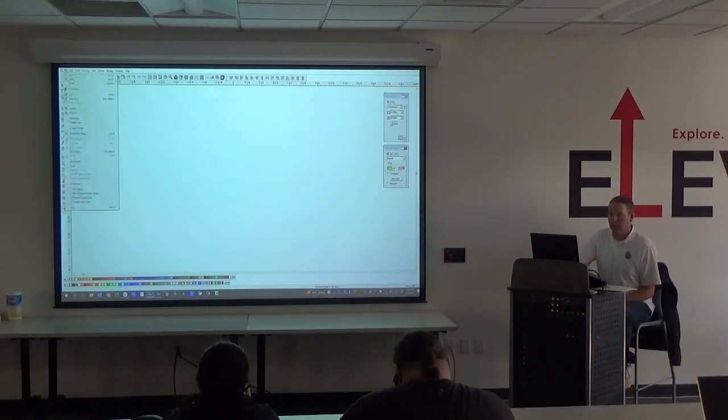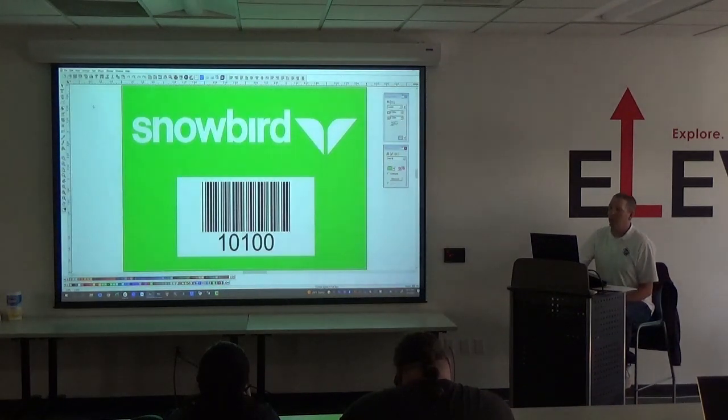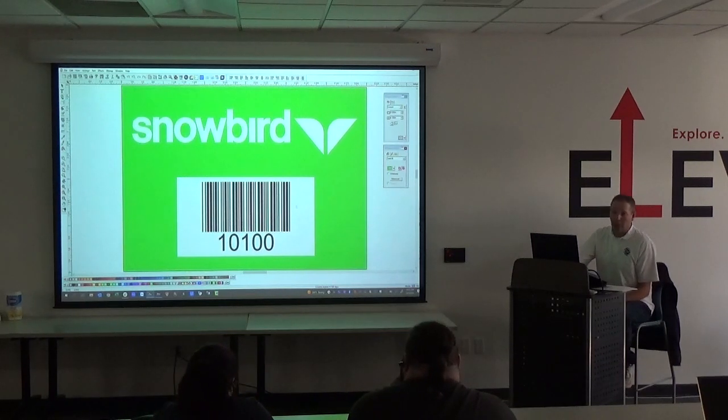So I'm going to open up a file here. Auto serialization. So this is a more realistic application. Somebody comes to you and Snowbird wants to put these tags all over up at the resort for inventory, and they need thousands of these. So what you do is you create the basic sticker here. We did the QR code, and when I did it, I've gone in here and made it fit in this box here. So then if I select everything and go to edit,